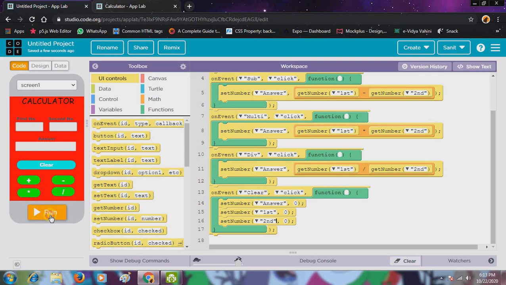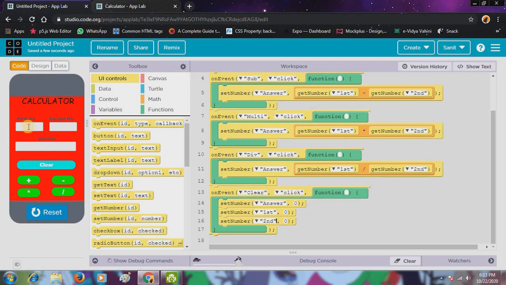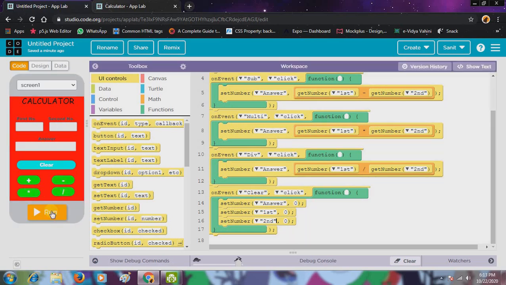So okay, let's test our app. So I press on run. As you can see, it is working, but it's showing very small.